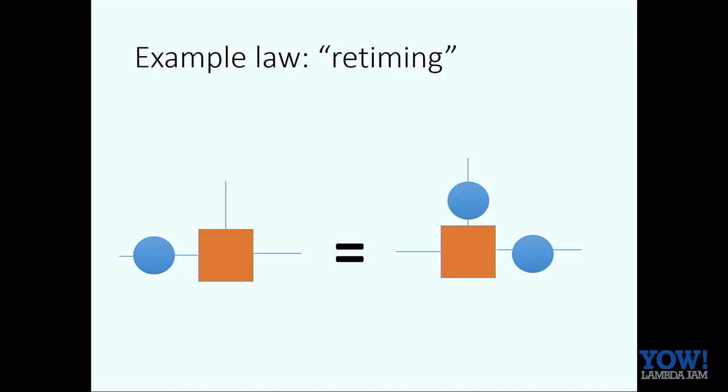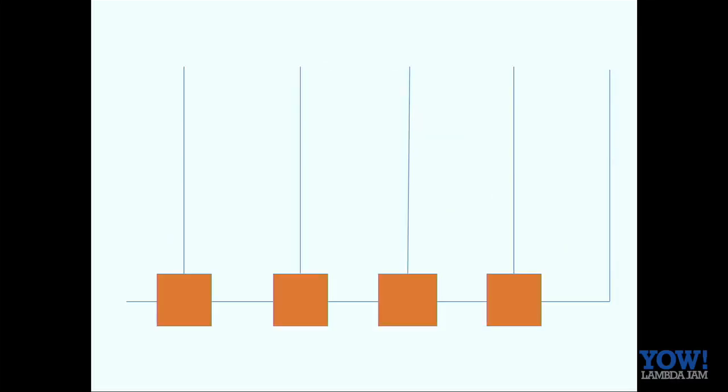OK, who cares? Look at this circuit. This is a regular array circuit. And it's a bad design. Why? Because there is a single combinational path from this input through all the orange boxes to the output. And that means that in one clock cycle, data has to flow all the way from here to here through a lot of hardware. And that, in turn, means that this circuit will have to be clocked slowly.